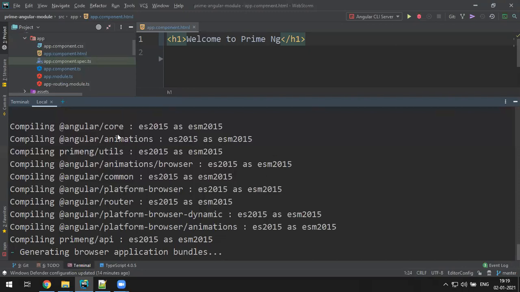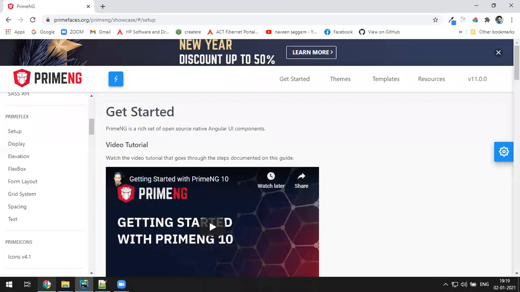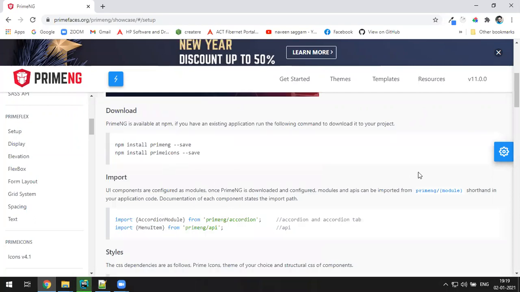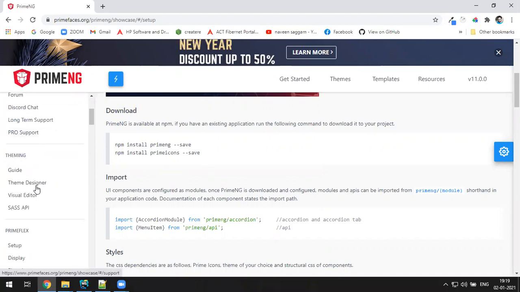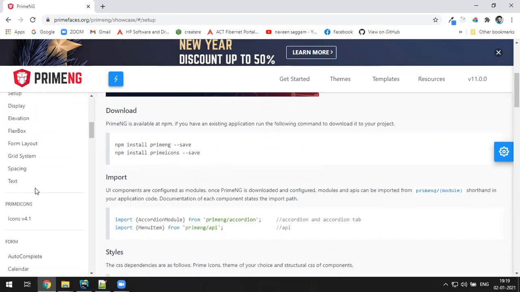Okay, one more setup I want to tell you. See here, generally if you configure Bootstrap, once you configure the CSS, you can straight away use the button with the classes. But in PrimeNG, and even Angular Material, for every component you want to use in the application, there is a specific module.